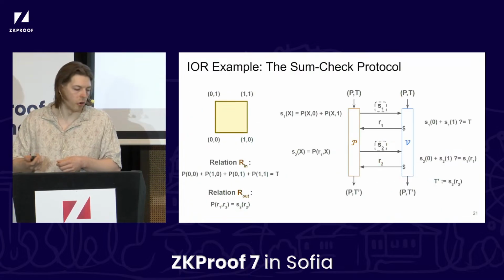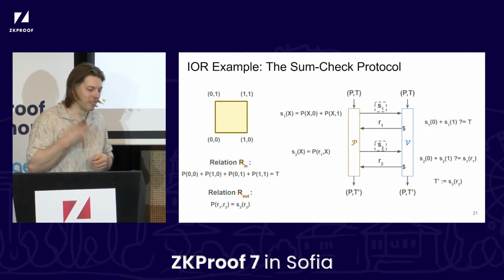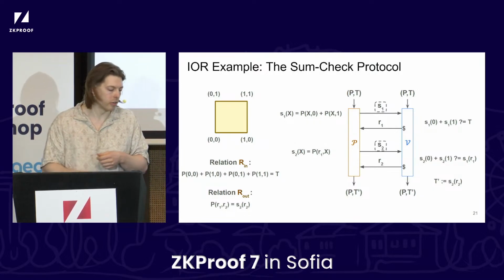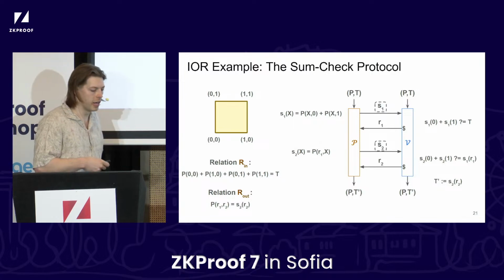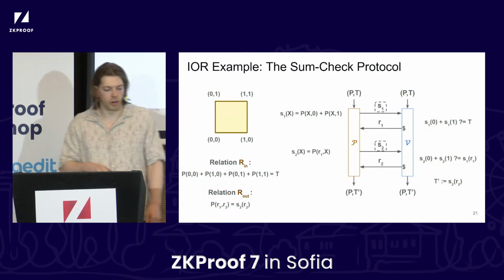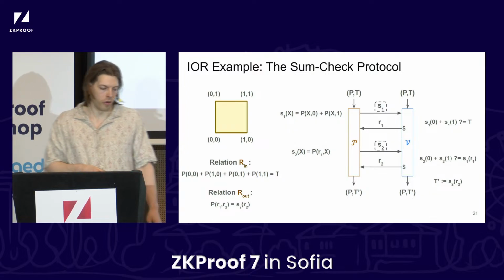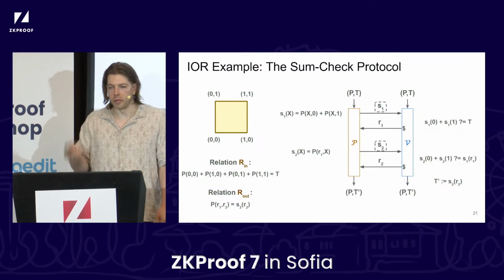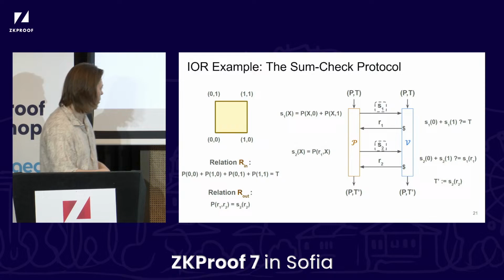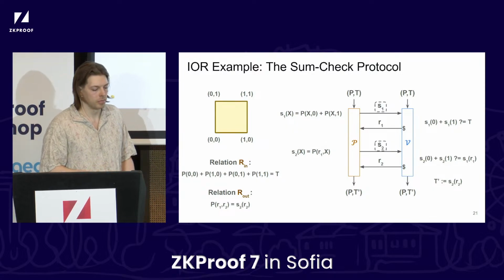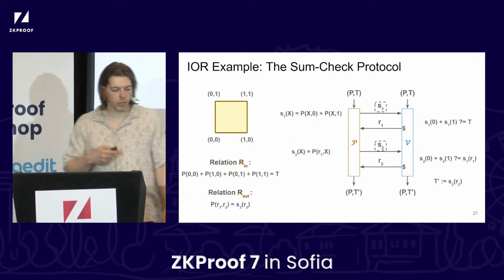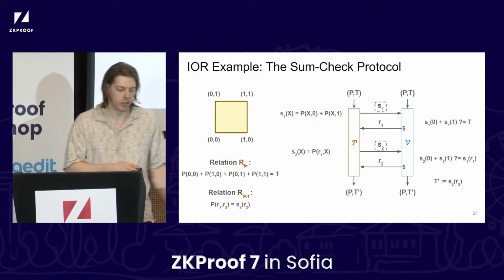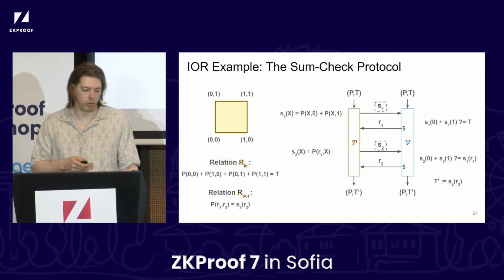So let's take the sum-check protocol as an example, a very simplified version, where you just have a bivariate polynomial. And you've got this relation, maybe let's call it an input relation, which is what you start with, which is just the sum of the polynomial over all the values of the variables equals t. And at the end of the sum-check protocol, you're going to get some relation, which is based on challenges R1 and R2, equals something else. So we've got two rounds here of the prover sending something, the verifier sending back a challenge, and then at the end, you get the intended result.